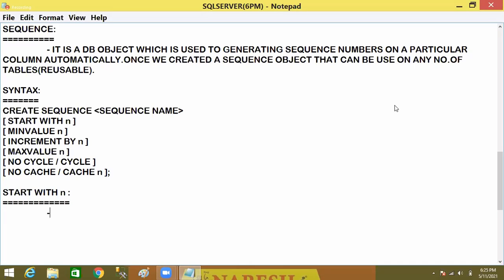In the name itself there is start with value. That means from which number onwards do you want to start your sequence number? That is told by START WITH n. So it specifies